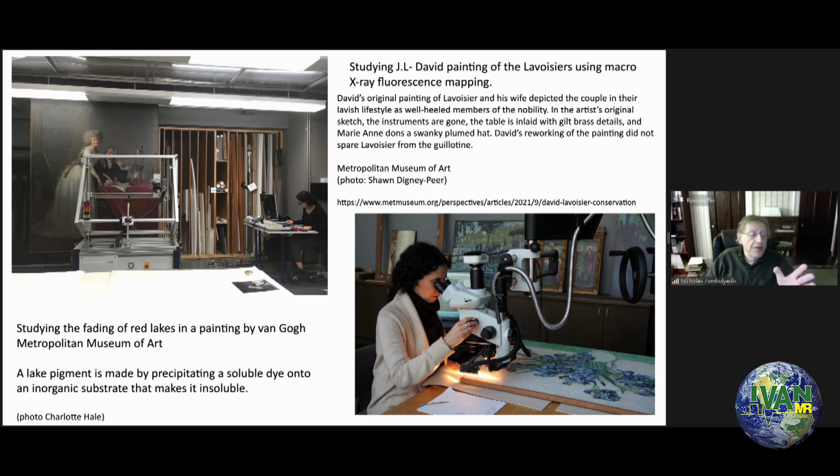Up there on the left, you see the famous painting of Antoine Laurent Lavoisier, the chemist, and his wife Marianne, as painted by Jacques-Louis David in 1788. The painting that you see is the way it now hangs in the Metropolitan Museum of Art, and it looked always like that too. However,